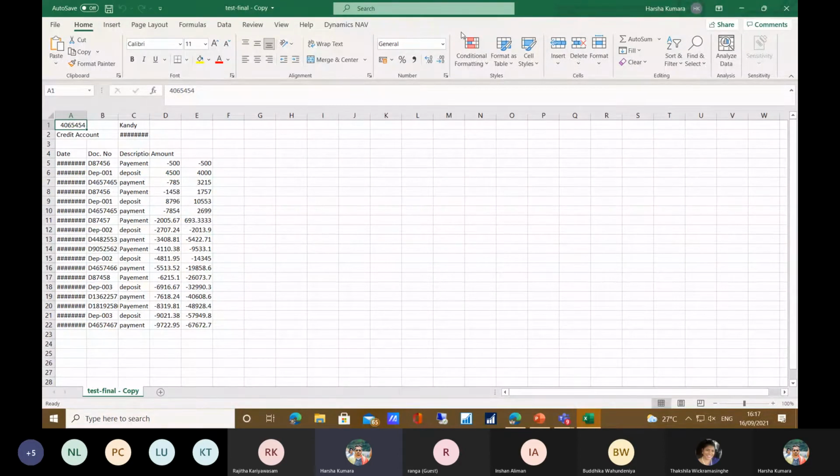Normally the statement should have a date column, a document number column and a description, and debit and credit can also be there in particular banks, and the amount and the cumulative amount you can also see. Using this type of CSV file, we can easily update your bank reconciliation card in standard Business Central, and you can do the reconciliation easily.